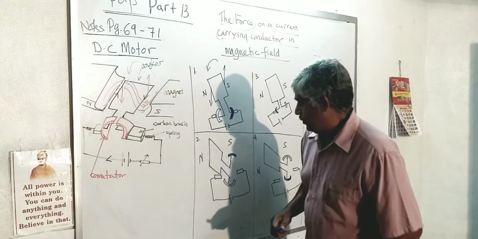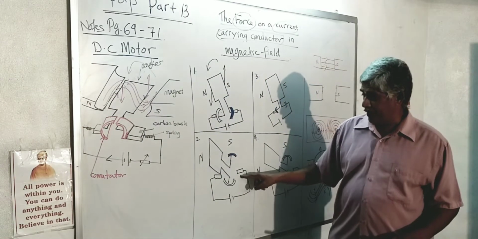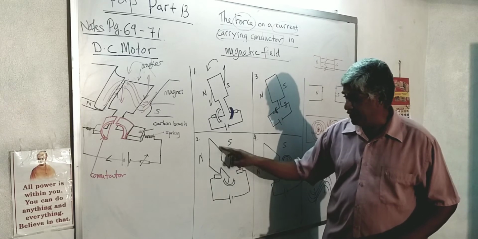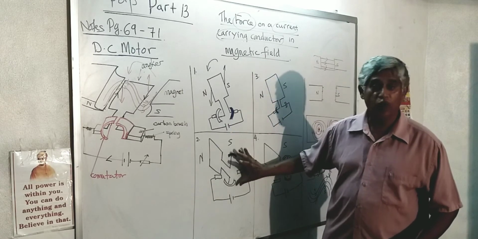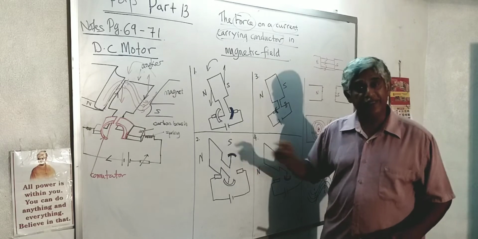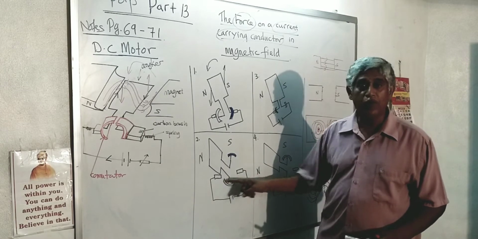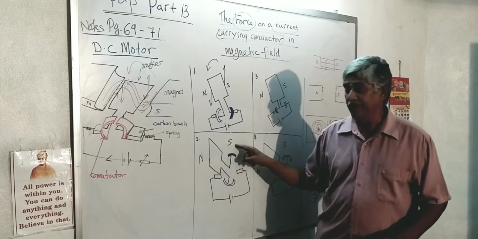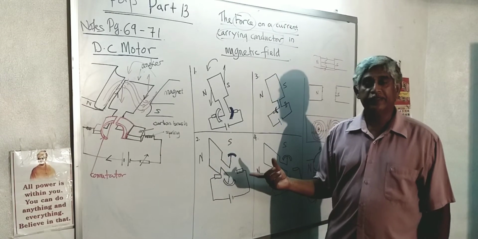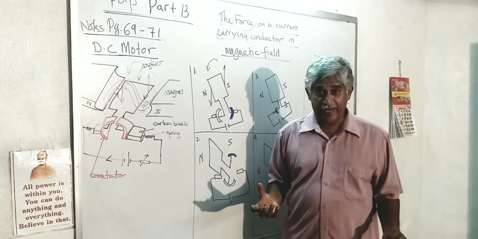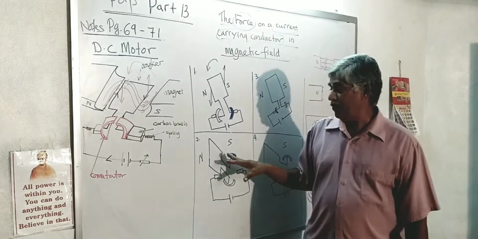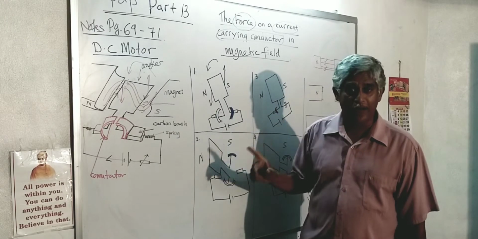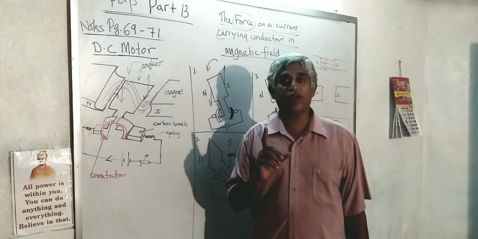Okay, what happened now? There is no more contact of the current carrying conductor with this carbon brush. Is there any current flow in this armature? Now no more, because there is an open circuit. But can it still rotate? There is no more field in this armature, but only the permanent magnetic field exists. Will it rotate? Rightfully it cannot rotate, right? It cannot move because there is no more field interaction from the current carrying conductor, but it still will rotate. Why? Because there is a factor called inertia.